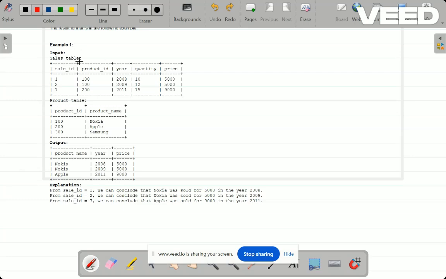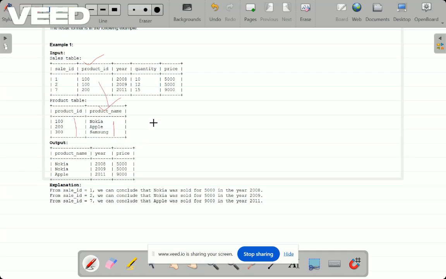First, this is the Sales table here. Sales IDs are there, and the product IDs and years, and quantity and price. The Product table also has product IDs. The product IDs they have given here are the same here, along with the names of these products. And now the output we have printed. Actually, what they want is every product we have and the names of the products. So we have to get every sale, right? Every product which has been sold from the Sales table.